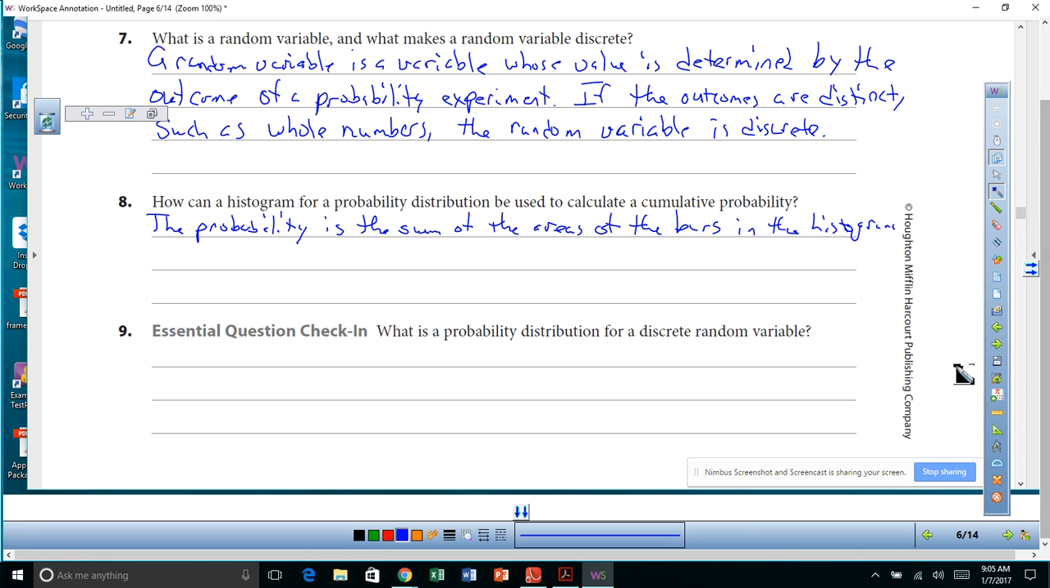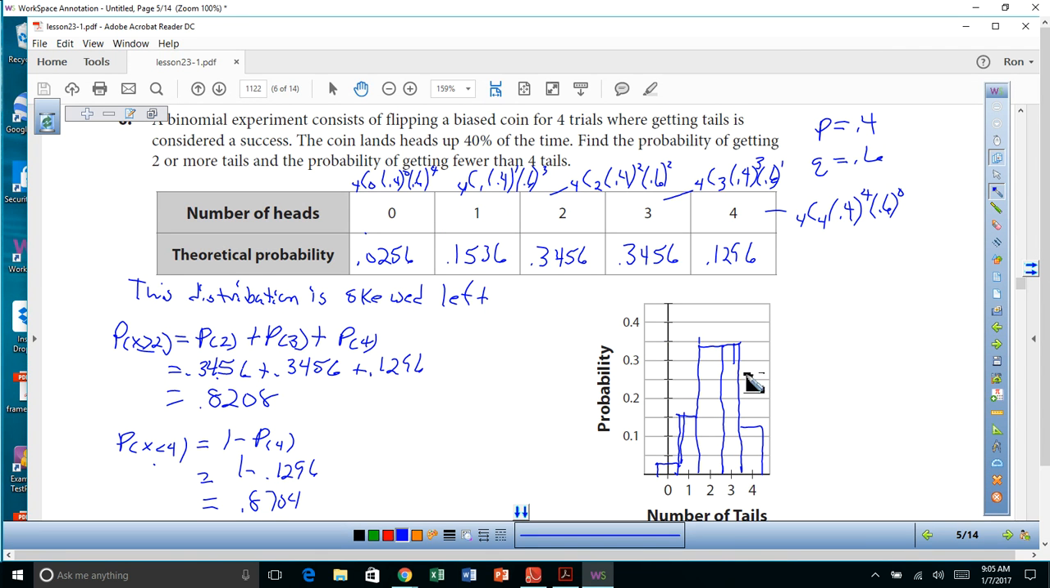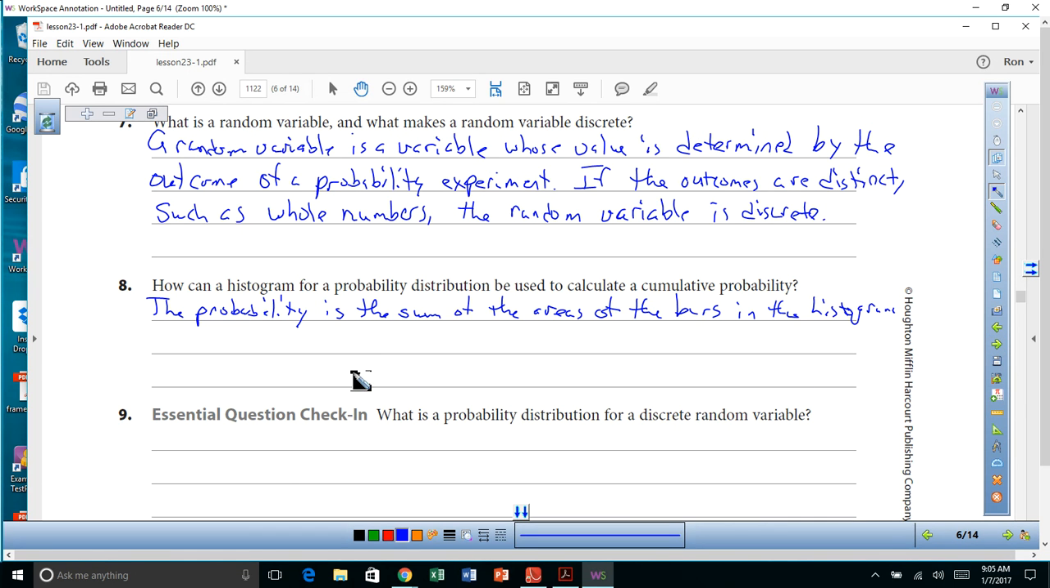Now, let's go back here for just a second. If you add all of these, if you add all of that up, it should equal 1. Okay, we talked about that a minute ago. So the sum of the area in a histogram is 1. Okay, so the bars correspond to the values